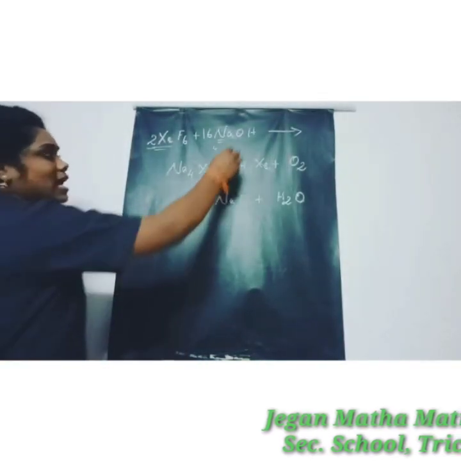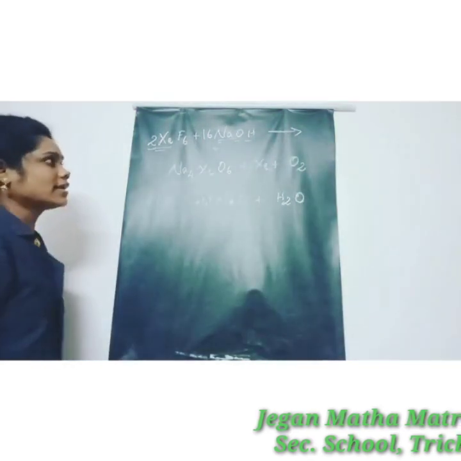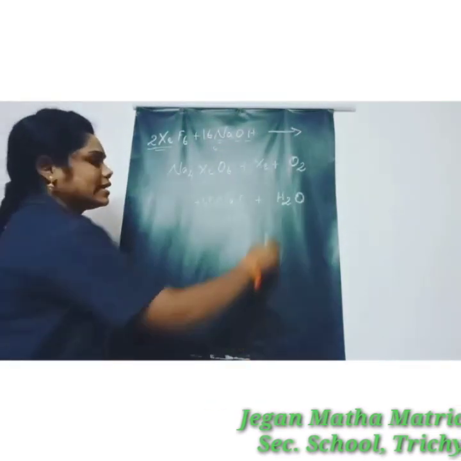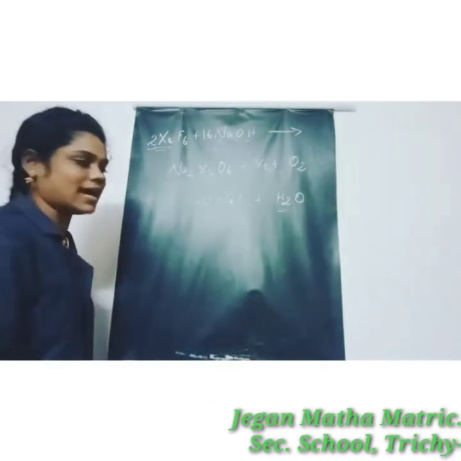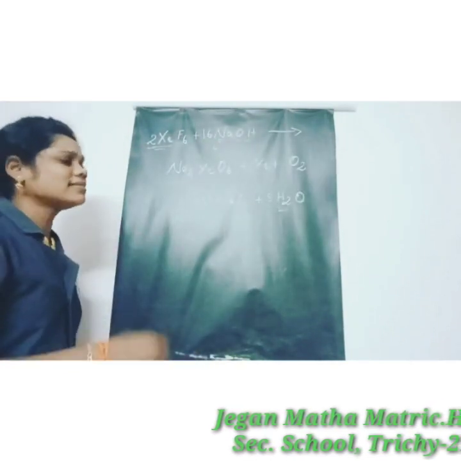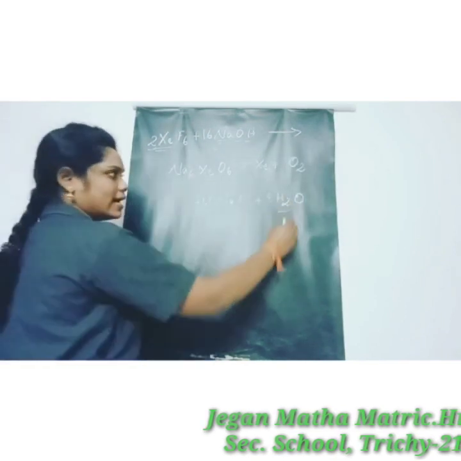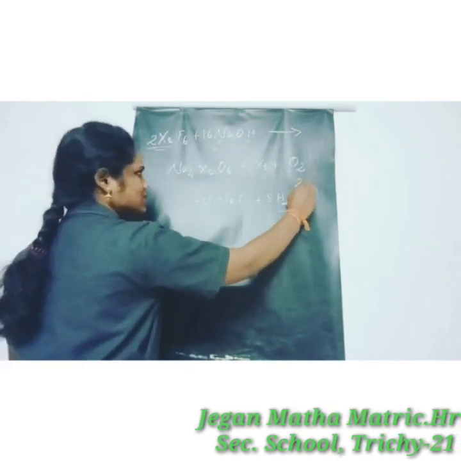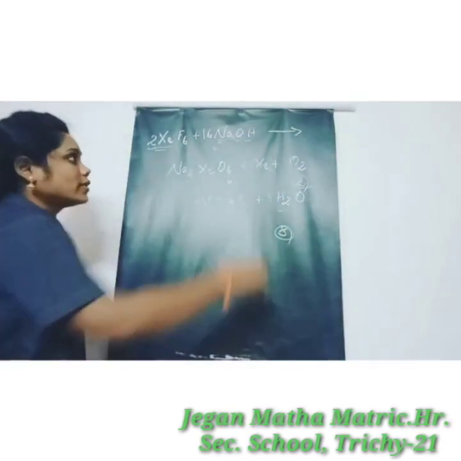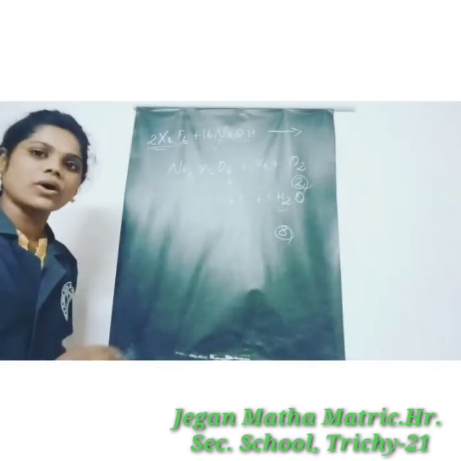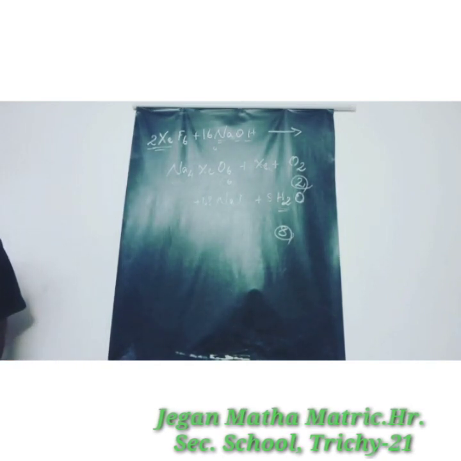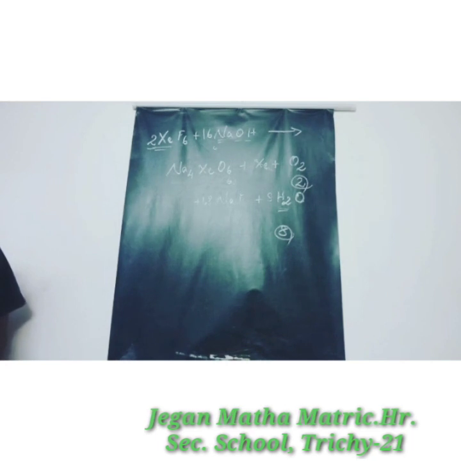And next one is oxygen and hydrogen. Oxygen here 16 times, hydrogen here 16 times. So first here H2, so H2 means 8 times, 8 2s are 16. So here also hydrogen is balanced. And then oxygen. Oxygen here 8 times, here 2 times and here 6 times. So 6 plus 2, 8, 8 plus 8, 16. So here also oxygen is 16. So the equation is balanced.